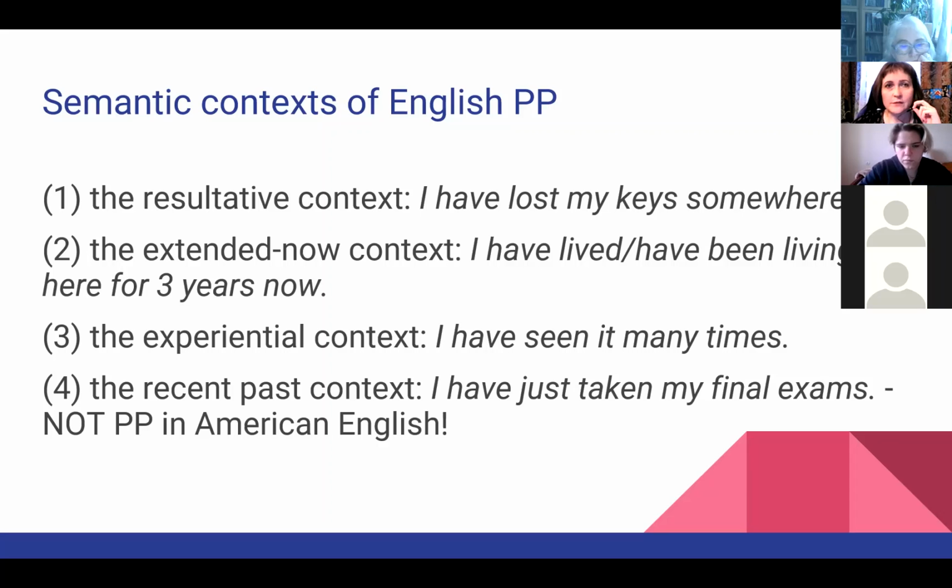The third semantic context is the experiential context, which implies that a situation or an event occurred once or several times before the moment of speaking, in cases when a definite time reference is not given. So, for example, I've seen it several times, I've seen it many times. In Russian, the imperfective aspect in the past tense is used in this context. For example, я смотрела этот фильм дважды. I've seen this film twice. That is why, again, according to Davidova, when talking about experience in English, Russian speakers frequently use past simple instead of present perfect. In Spanish, this context, like the extended now one, is considered to be of present relevance